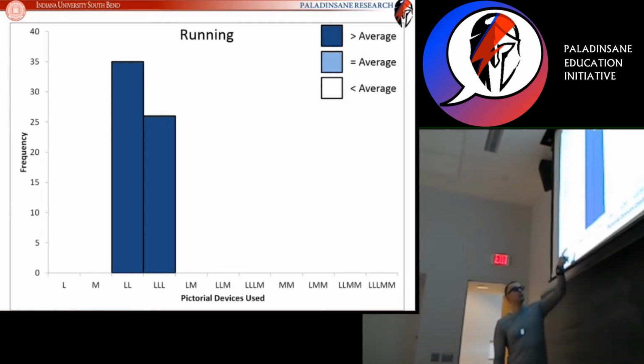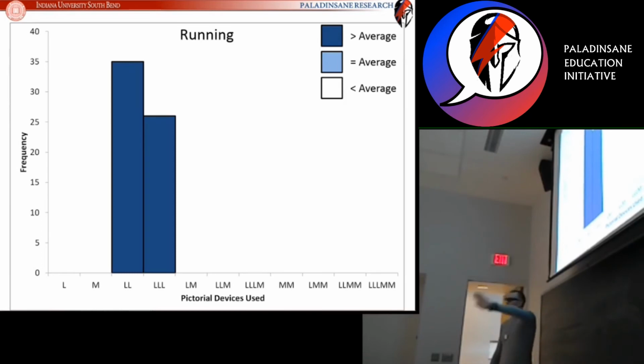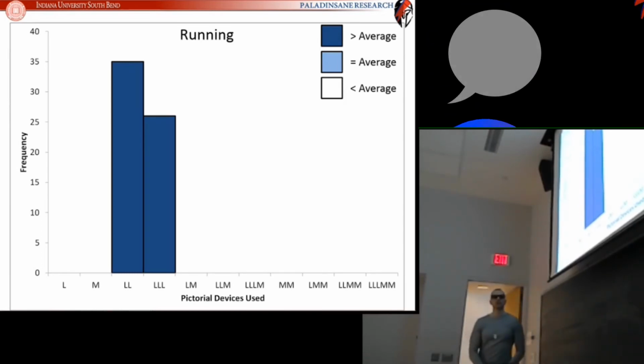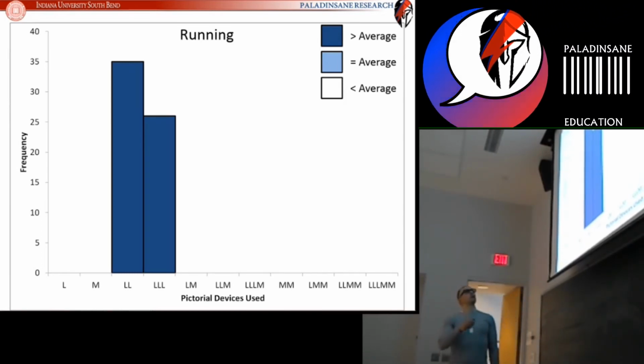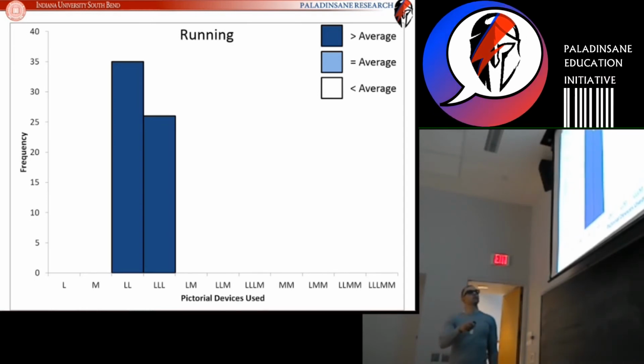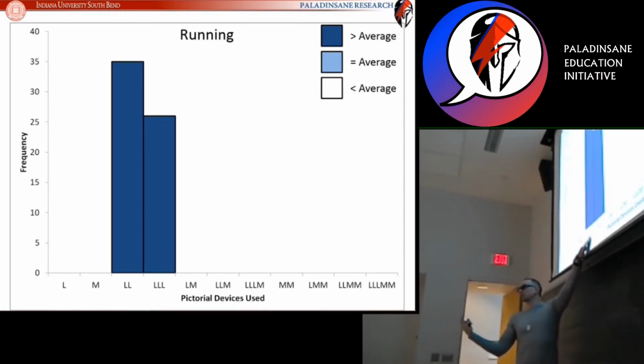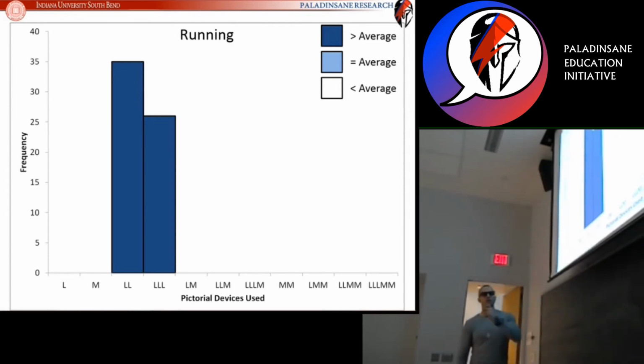This, just a literal device one, just metaphorical device one, artists don't use that because they know that it just doesn't communicate. Artists are very fond, very preferred to use two literal devices, indicating that two literal devices carry enough information to communicate running, and then the three literal devices also carry enough information to communicate running. So that idea of pictures as information, this is confirmation that this is enough information, and this is enough information to depict running.